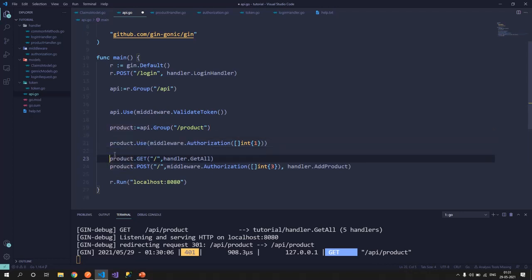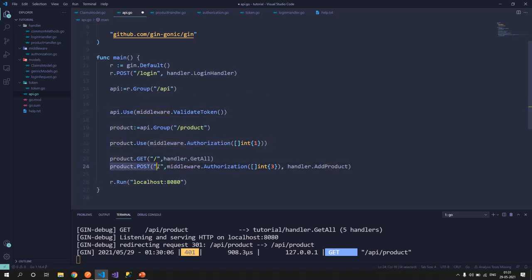This product group would use the one middleware. So any API inside product would have to pass the check of role as one. Any user that accesses any endpoint inside this group should have role one. Now this is the get API. I have not added any chained middleware here because we already have the two middlewares.